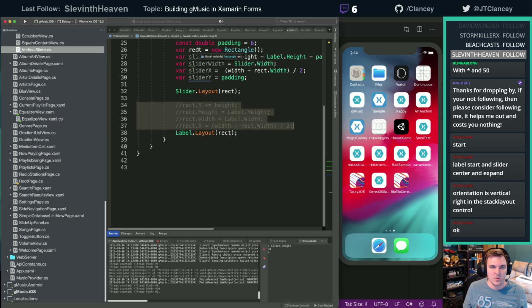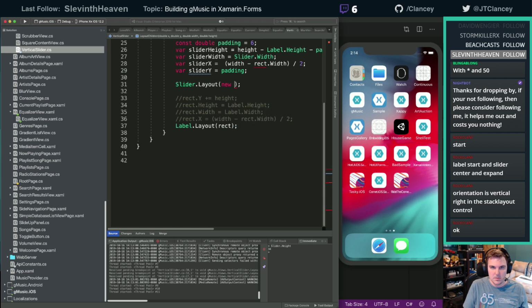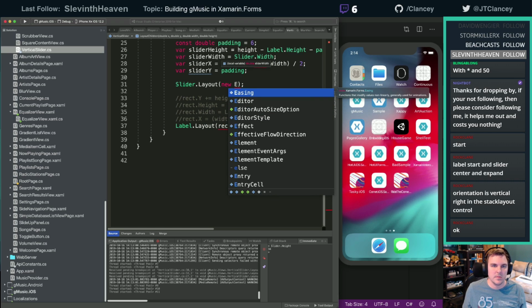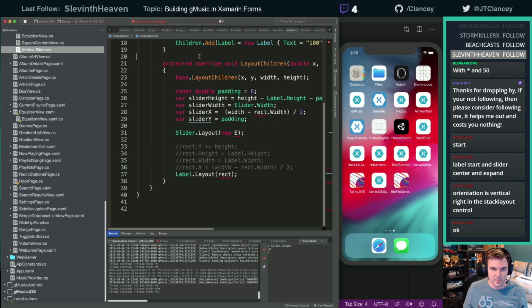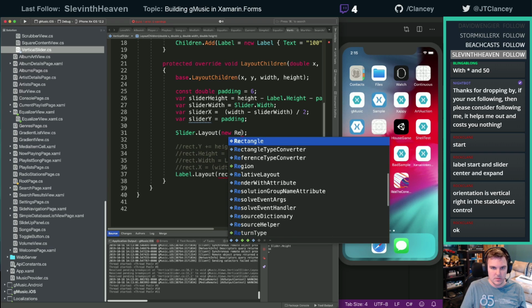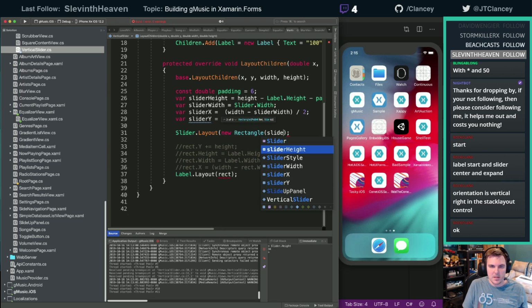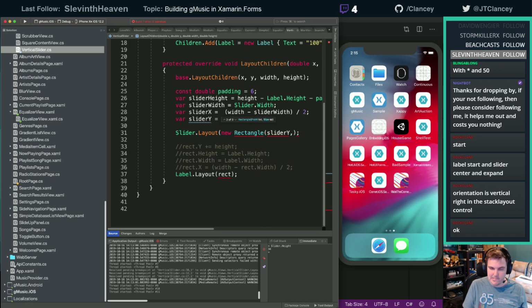All right, so we'll just say, oops, wrong one. It's that rotation. That rotation's getting us, guys. Rectangle slider, slider Y. I bet these need to be inverse too.